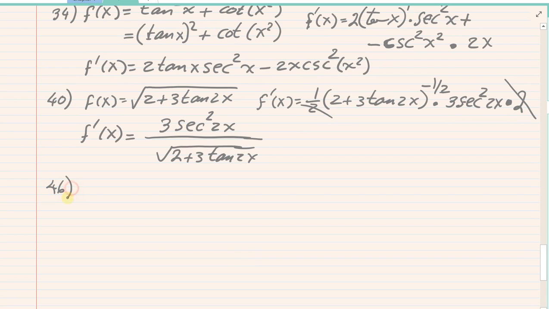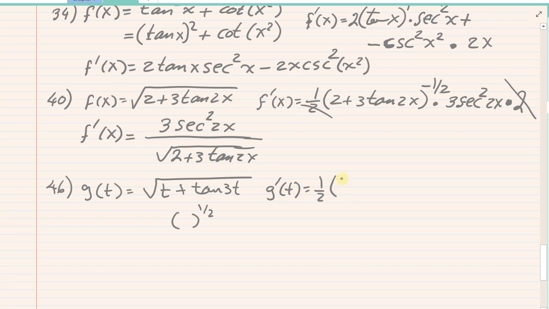Number 46. g of t is the square root of t plus tan 3t. Right, that's number 46. Now for this one, let's take the derivative again. So g prime t, again, the outside function is like to a half. Something to a half. Square root means radicand to a 1/2. So g prime t is going to be 1/2 times (t plus tangent 3t) to the negative 1/2, times the derivative of the inside,